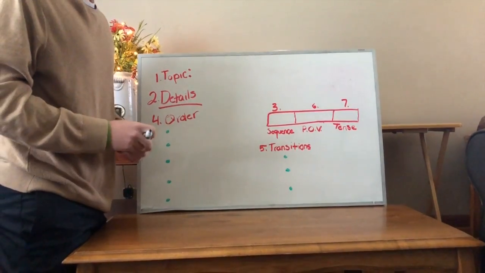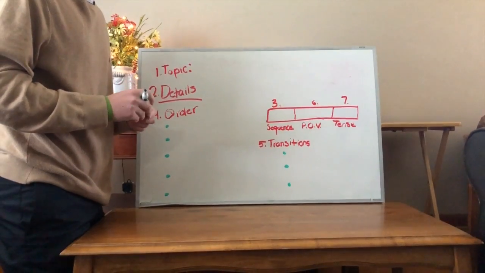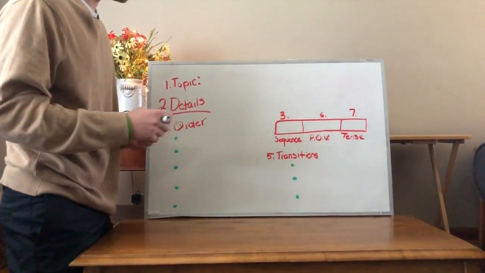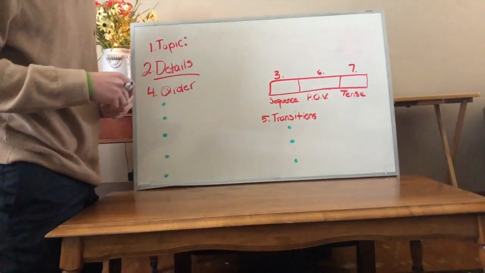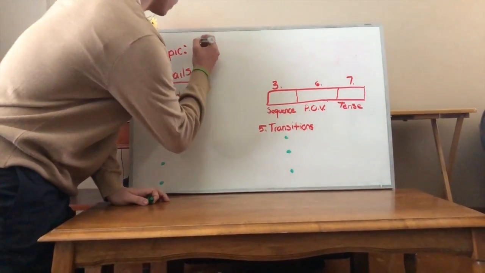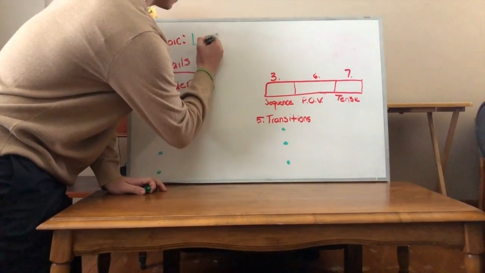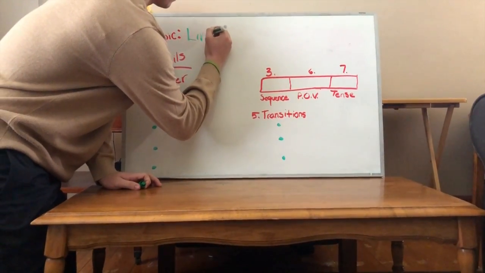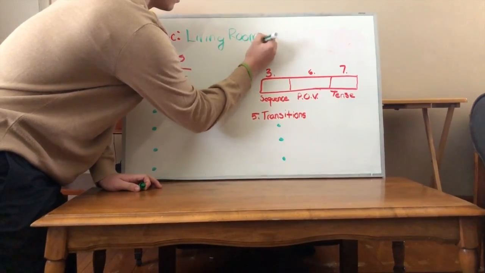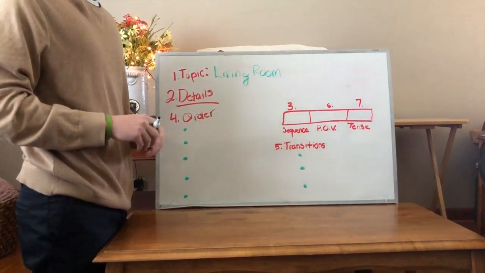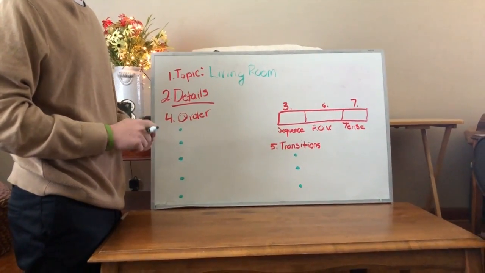So on the first part of your diagram, you're going to see number 1, which is the topic. So we're going to do an example of the classroom or the room you're in. So under topic, we're going to write whatever room you're in, which I am in my living room. Go. So now that you have your topic written down on your diagram, we're going to go to the next